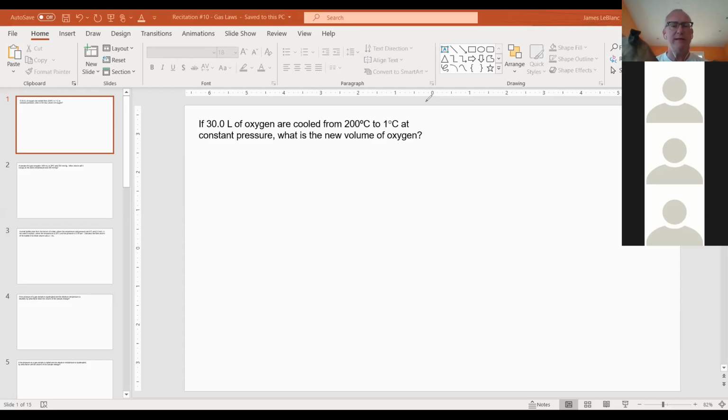The key to doing these sorts of problems is basically just being able to manipulate the main equation. So good old PV equals nRT. And so we'll find that pretty much all of these questions,